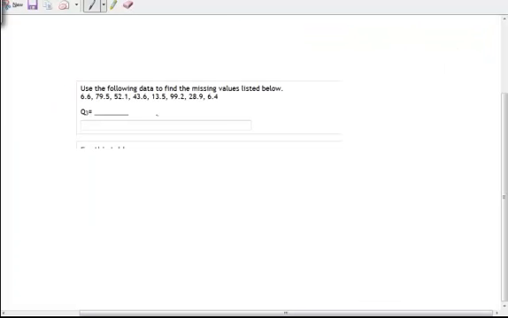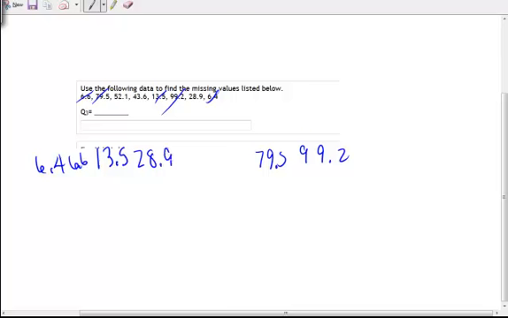So our 13.5, 6.4, 6.6, let's see, 99.2, 79.5, 28.9, 43.6, and 52.1. 1, 2, 3, 4, 5, 6, 7, 8. Since there's 8 things,